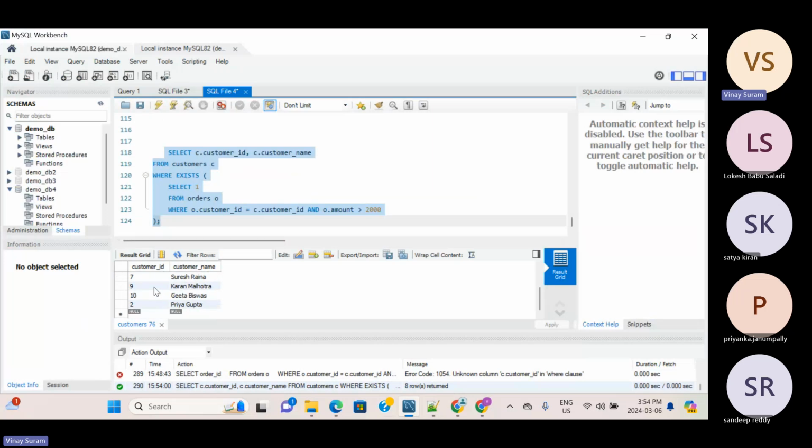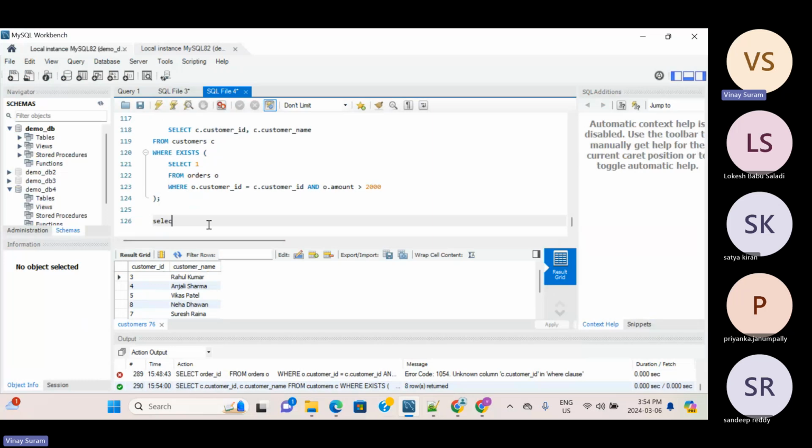So you can see this is all the people who placed orders greater than 2000. So how the data gets filtered is, we have a customers table with customers data. Okay. So if we have a customers table, select star from